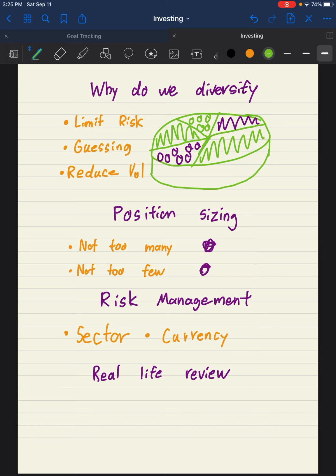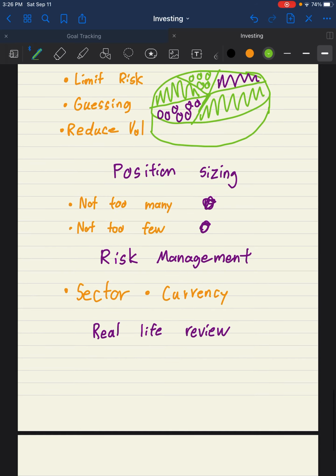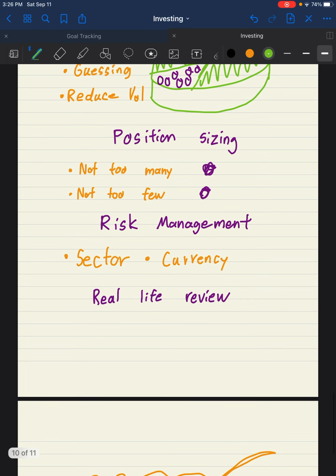As far as risk management goes, a lot of people, when they say, oh, investing is risky, you really have to understand what risk means, right? So if risk is losing all your money, well then spreading out your positions within a portfolio to different companies, different sectors, that would be good risk management, right? So in an example, right,